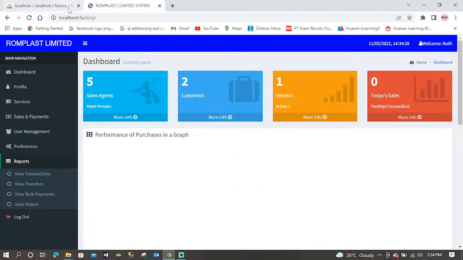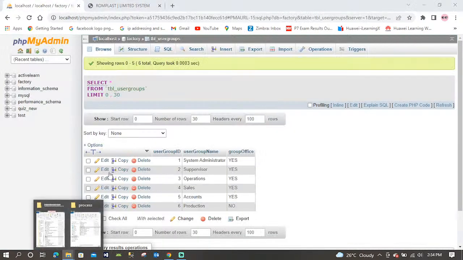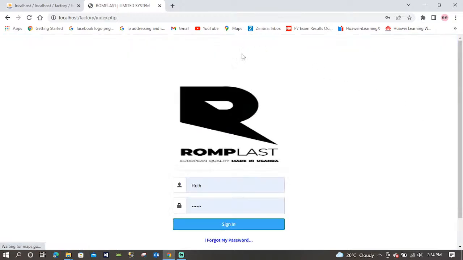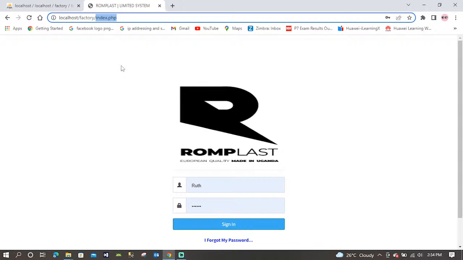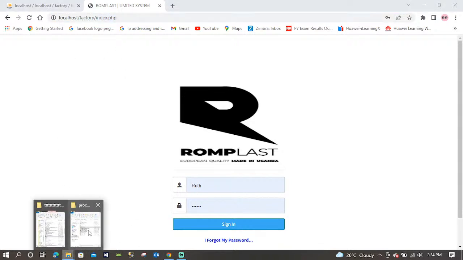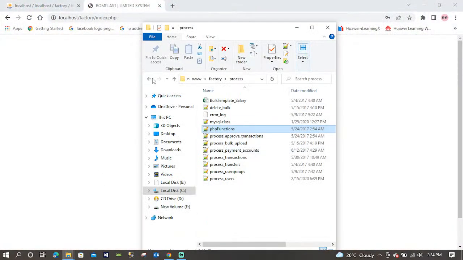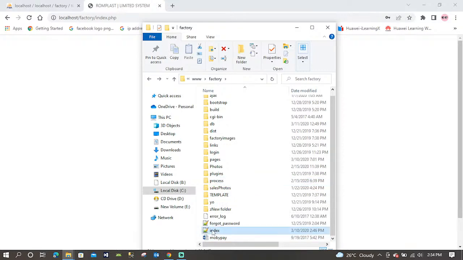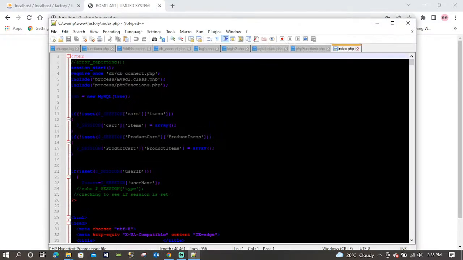Like I was telling you, let's go back to pages. We shall move page by page. One, let's log out, then I come back to this page. We call this one the index page, index.php. That page is located in our C drive. If we go back, we have this page here called index.php. When you open it,